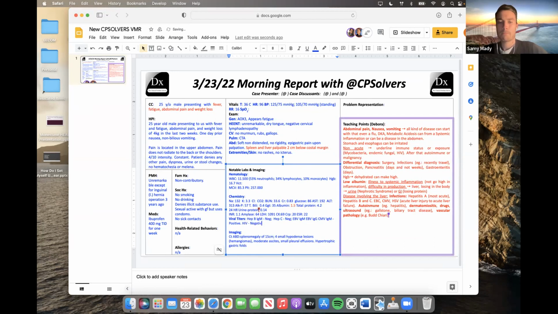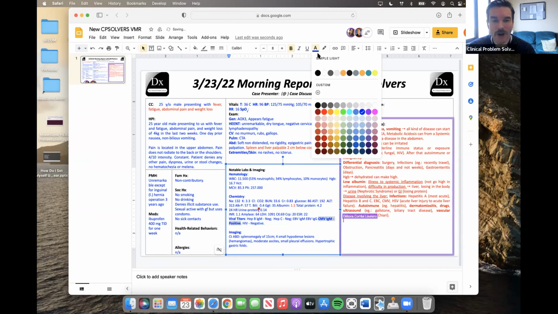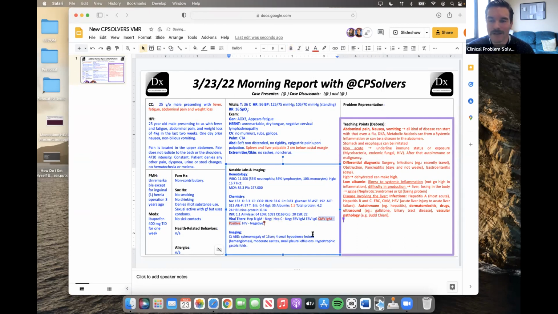Cool. So this is going to be a really fun piece to sift through now at this point, because we have the findings of CMV viremia. We have these super interesting CT scan findings, some of which are localizing or at least problematic in some way, but also some of them that maybe aren't necessarily going to be fully explained by what we have here on our viral titer. So I think the place to start is, let's talk through what we have on the imaging here. So we see splenomegaly, we see these liver lesions with hemangiomas, and then we see moderate ascites, small pleural effusions, and hypertrophic gastric folds.